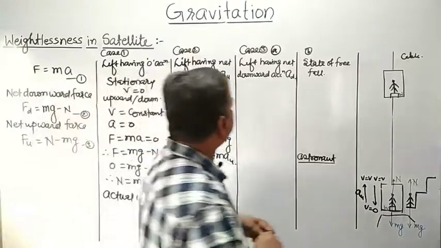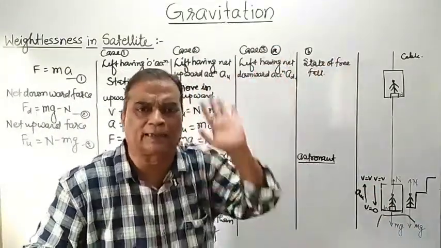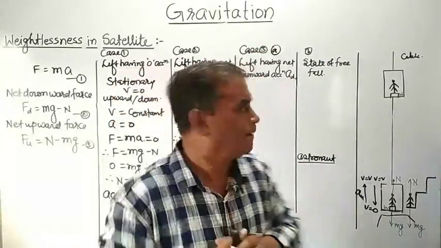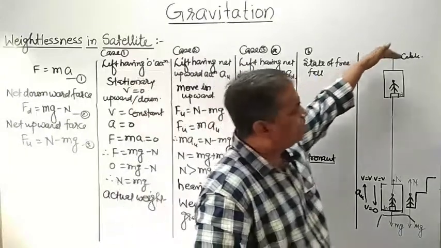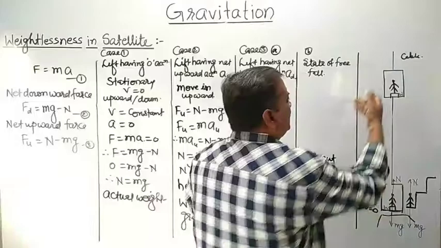Third possibility, lift having net downward acceleration. You know, for acceleration what is needed? Increase in velocity. So this happens at the top of the floor when that lift starts moving in a downward